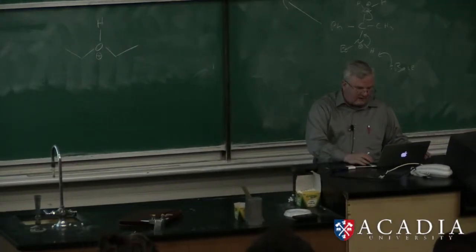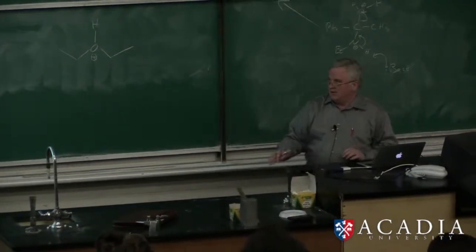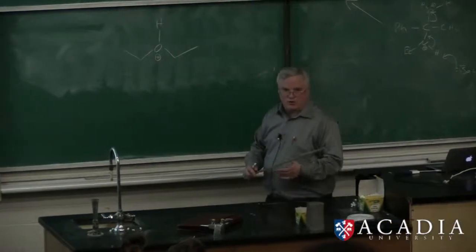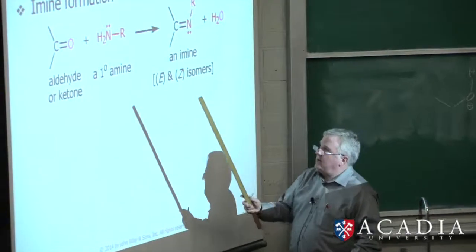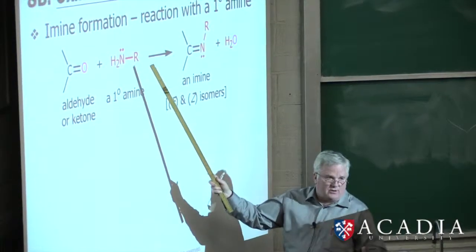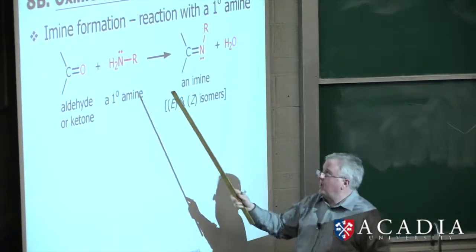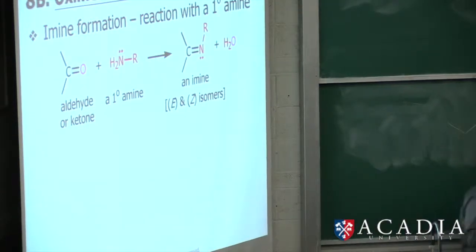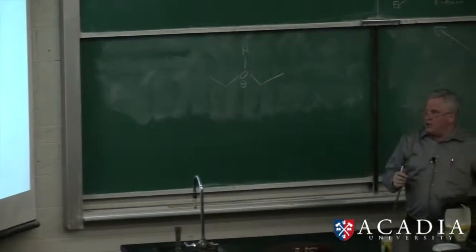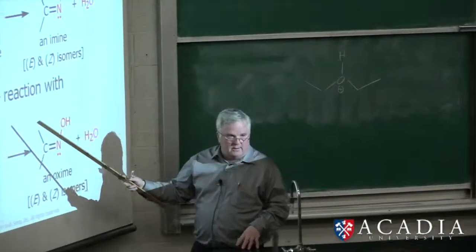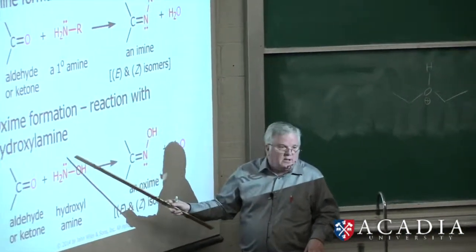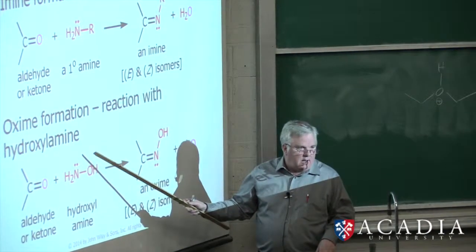So what we're going to find next class now, we can do this same reaction with things that look like primary amines. This is a primary amine. It doesn't look like a primary amine. It is a primary amine, and we get an imine. Well, what if we replace that R group with an OH group? Then we have something called hydroxylamine. It's hydroxylamine. It acts a lot like an